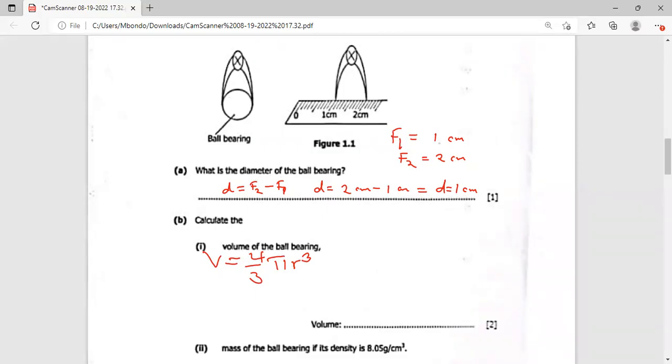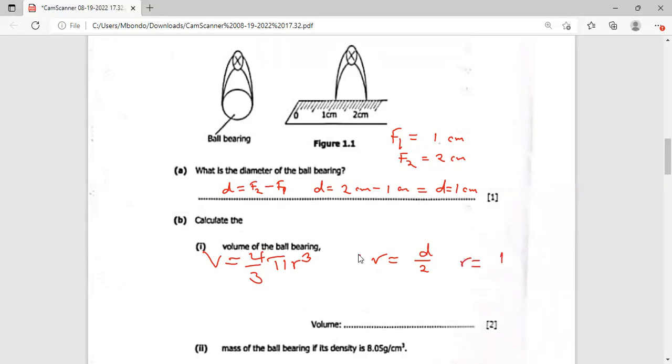So we know that the radius, r, is equal to diameter over 2, because if I were to add the radius twice, you get the diameter. That's why we are writing the formula as d/2. So we are going to say radius equal to the diameter we have found, which is 1,